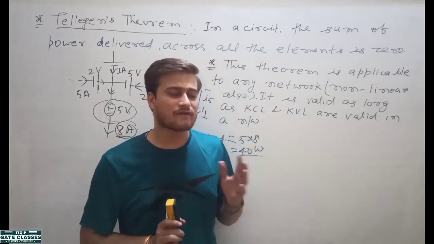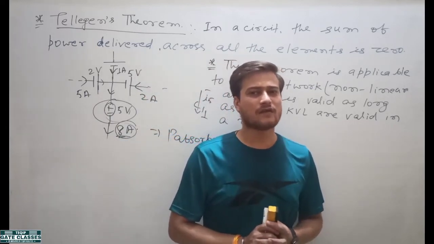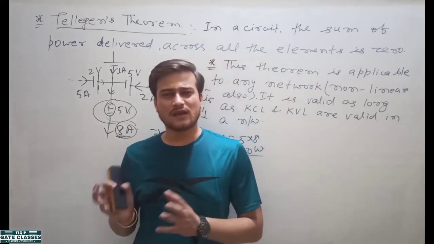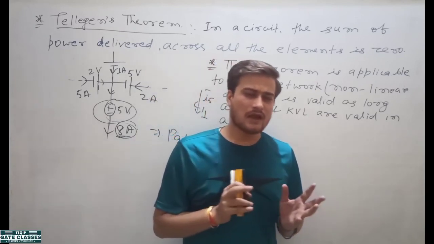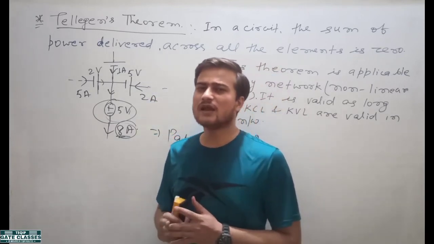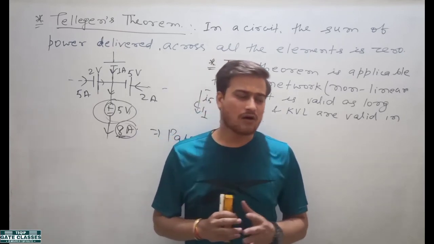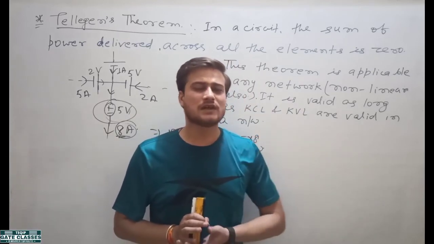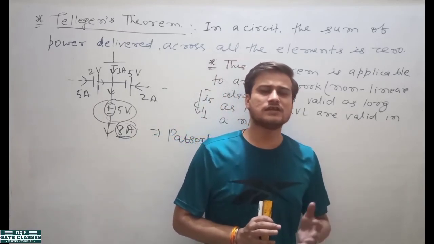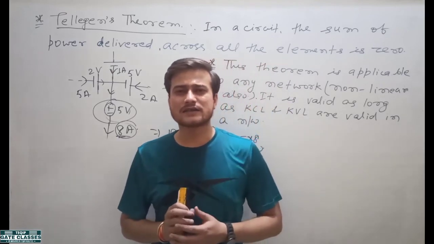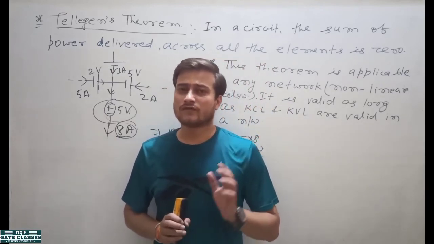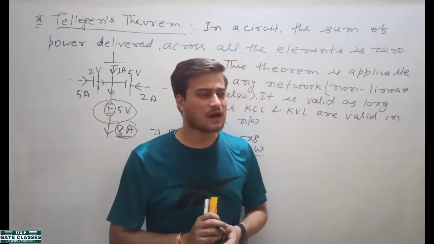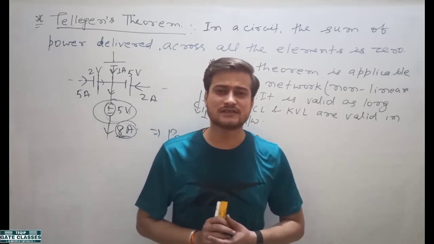Today I have finished the first unit, that is network theorems. So we discussed different types of problems asked in GATE examinations in the electrical branch, electronics branch and instrumentation branches. Now if you practice all these questions and if you have attended all these lectures, then you can easily solve the questions that will be asked in GATE 2022 from this chapter, network theorems. Now from the next class we'll start another unit, that is transients.